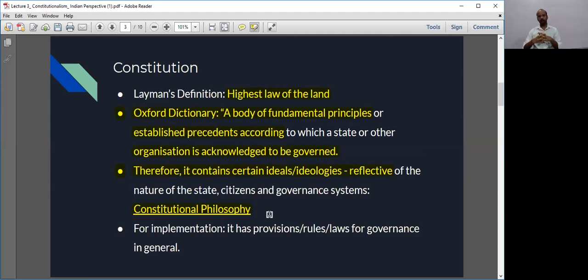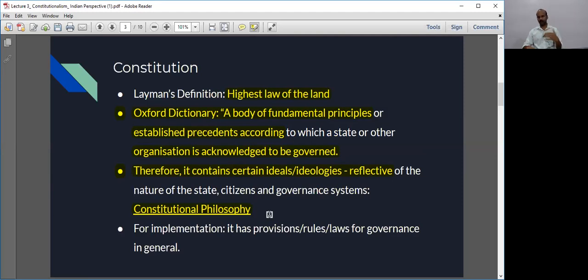Now, when these things take place, on the surface, it might look like the election was fair. But in reality, the actual task of conducting the election, of establishing a setup where each and every individual has their say in the democratic form of government, is missing. And therefore, I want to say that if an election is conducted, procedure has been done, and therefore procedural democracy might have been established, but substantive democracy is still missing.